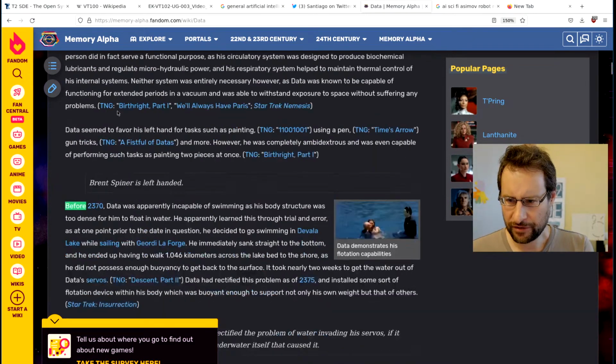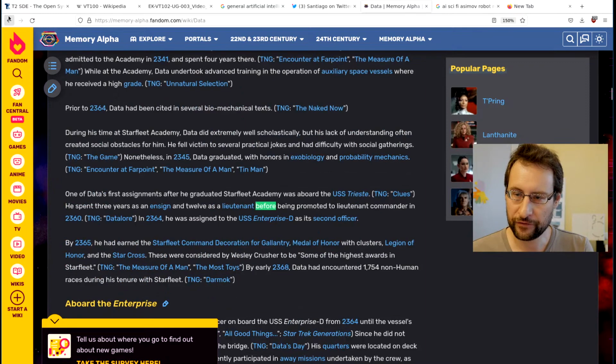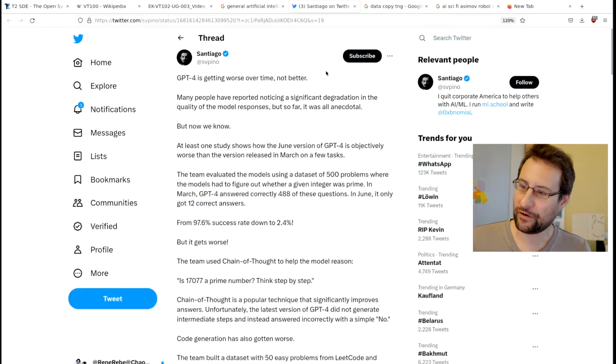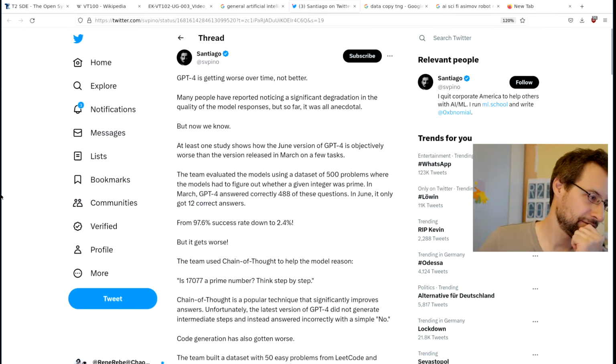Was there not before? Whatever. I don't have so much. I develop too much open source. I don't have so much time to remember all of the Star Trek story. Yeah,